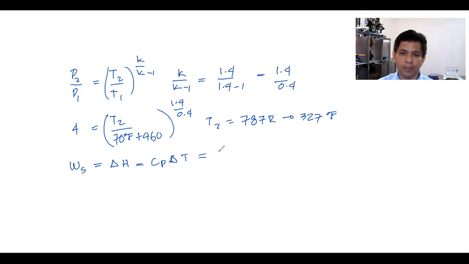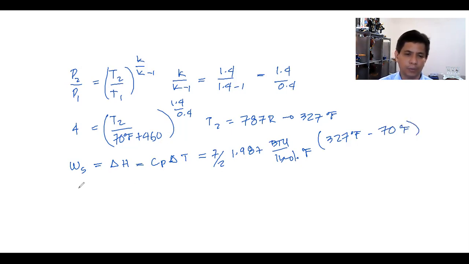For air, Cp is 7 halves, no? Kasi diatomic siya, di ba? 7 halves. And then ang R sa English, in terms of BTU, is 1.987 BTU per pound mole per degrees Fahrenheit or Rankine. Ano? So this would be, final temperature is 327 degrees Fahrenheit minus 70 degrees Fahrenheit. So we're supposed to get WS equals to